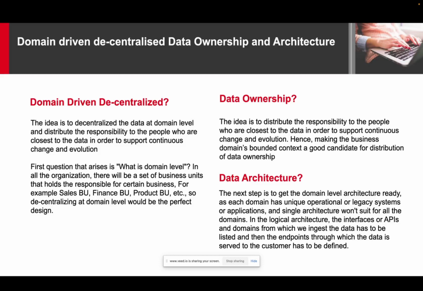So whatever data is incoming to this domain is considered an interface here, or you can call it an API also. And next, the outcomes for the downstream systems are considered endpoints. So we have two things: the interface, which is for incoming data, and the outcome, which is considered an endpoint.